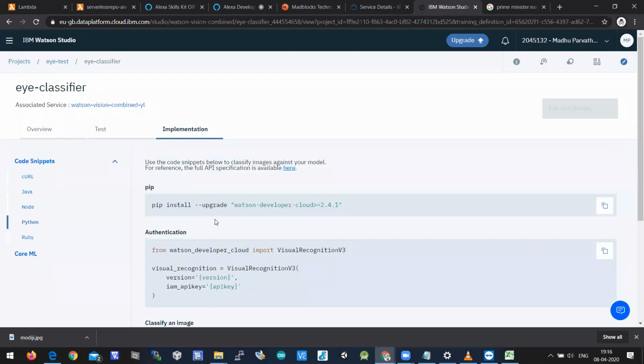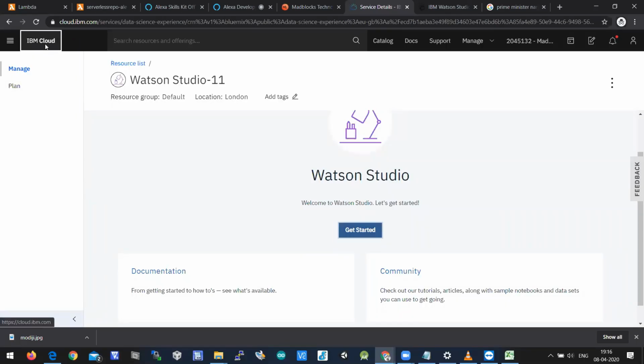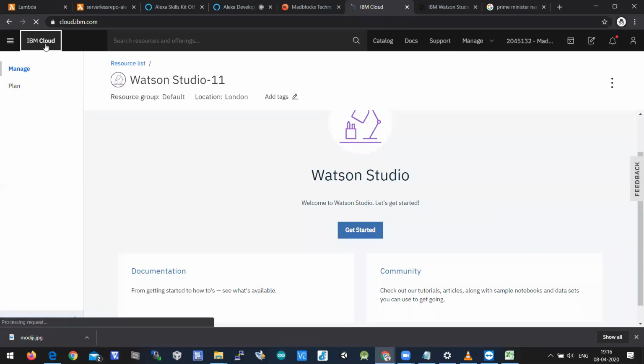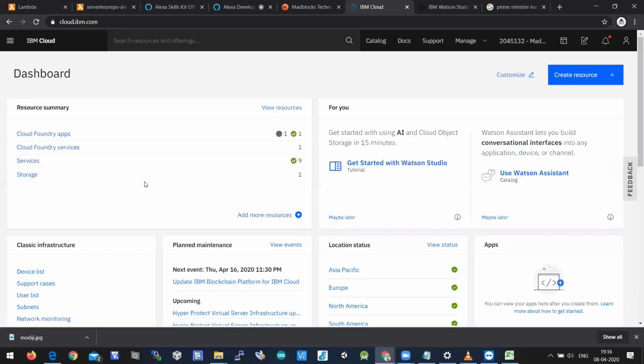API key, I'll show you where the API key is. So you need to come back to the dashboard, Services.